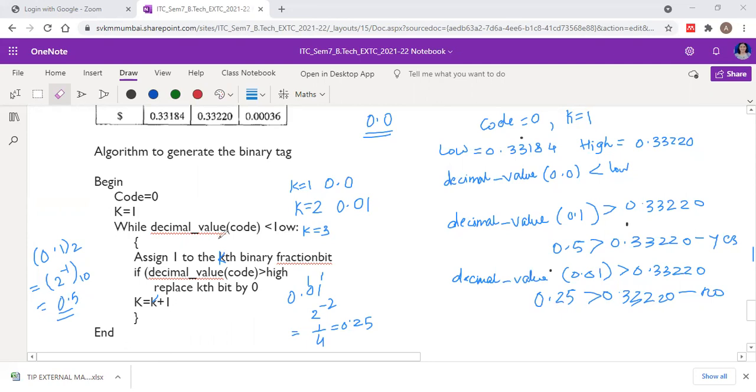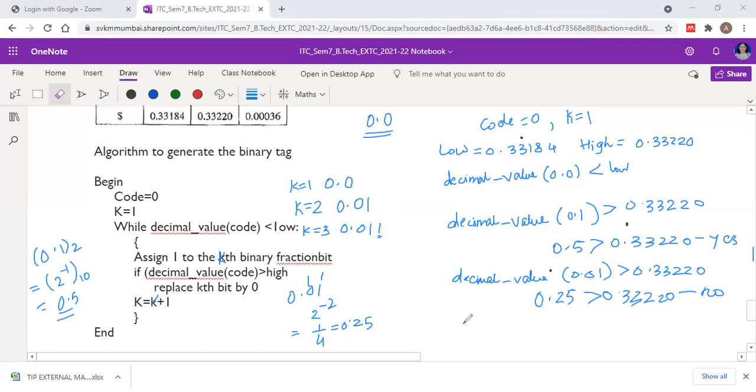So now again assign 1 to the kth bit. So now what will be our kth bit? K is equal to 3. So we will assign 1 to the third bit after the decimal point, which is this. Okay. And then again check for this condition: if the decimal value of the code is greater than high.